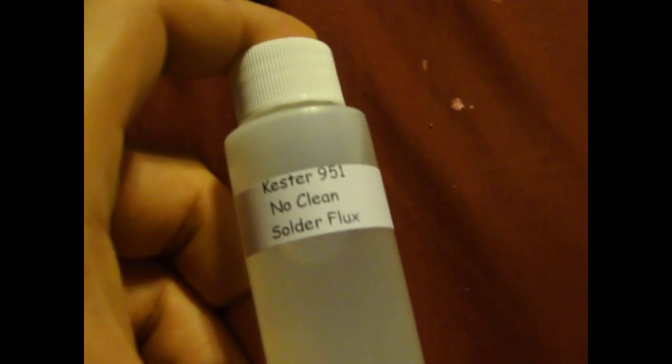Today I'm going to show you how to properly reflow your PS3 with flux and thermal paste. What the flux is used for is you put this under the CPU and GPU. This will not harm your motherboard. Do not worry. I got this off of eBay for about $3. It's pretty cheap. What this does is it helps when the solder melts. It helps the solder